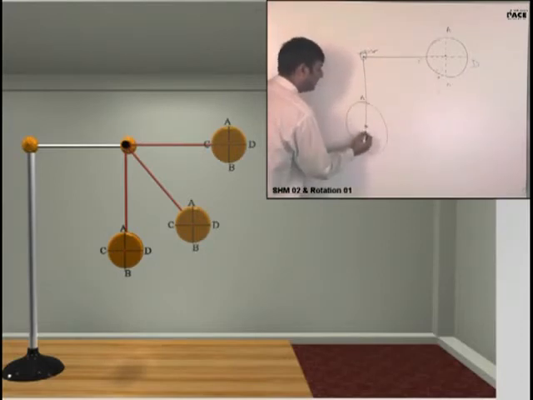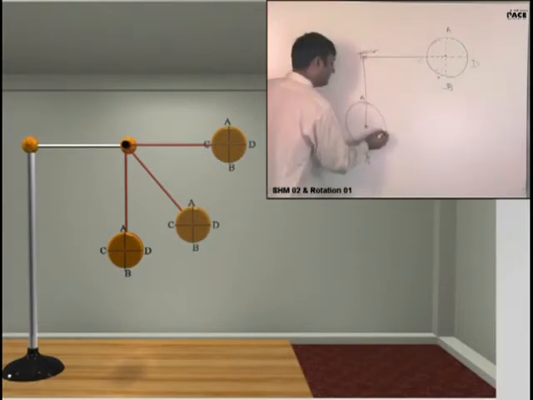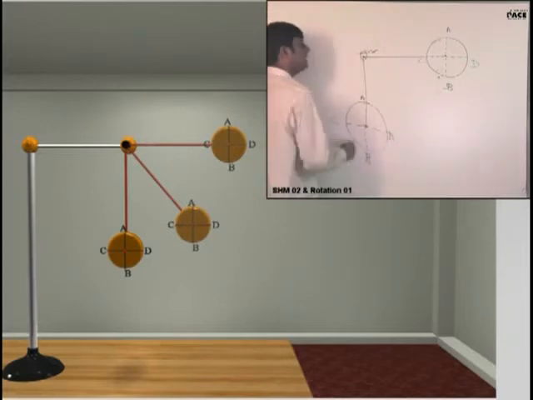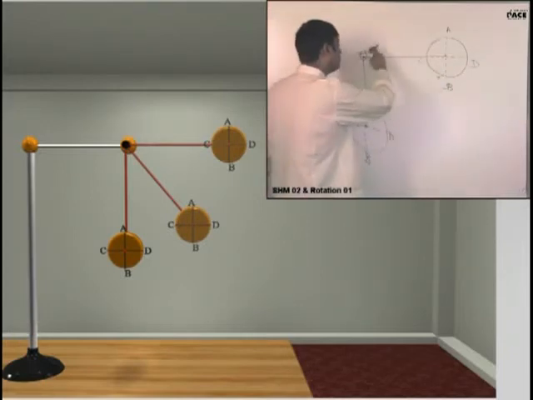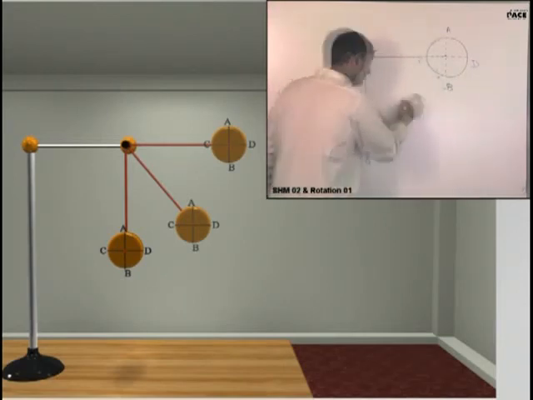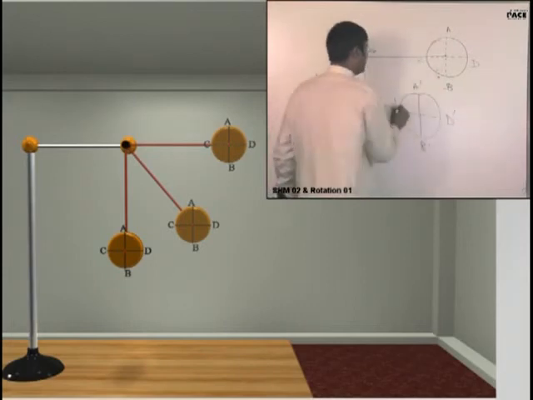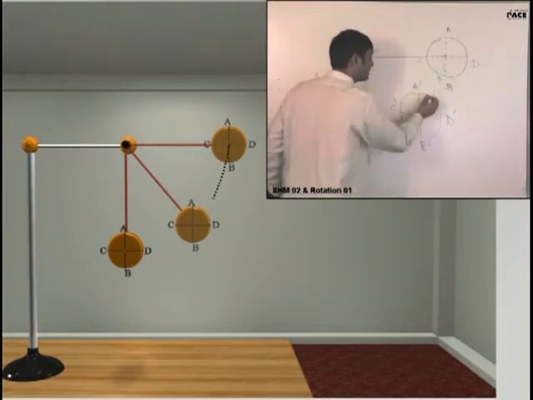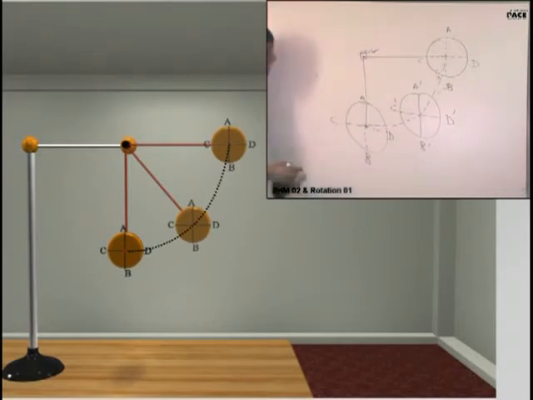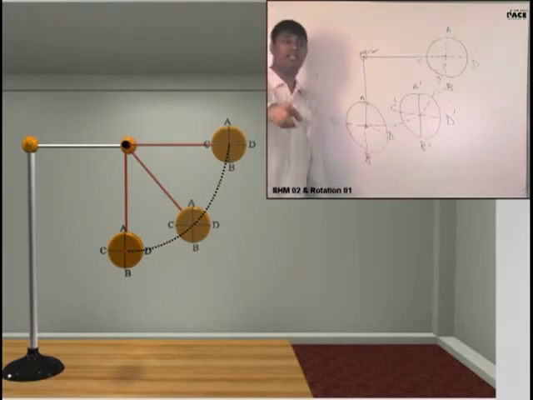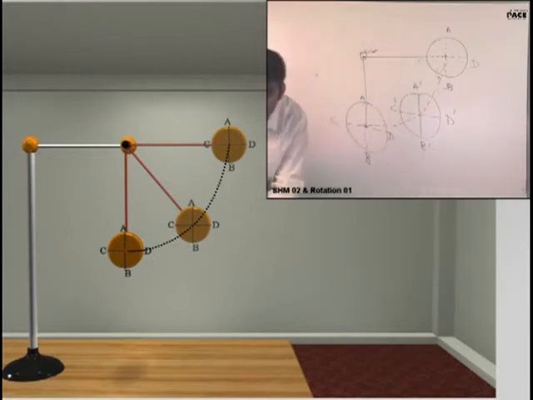A will be here, B will be here, and C will be horizontal, D will be horizontal. Everywhere, during all the processes, in between also, AB remained vertical, CD remained horizontal. The disc didn't rotate at all. The disc moved in a circle of radius L. Please understand this. In the case of hinge, this was the motion. So the disc didn't rotate about its own center of mass. It just moved like a point mass in a circle of radius L. There was no spinning about its own center of mass.